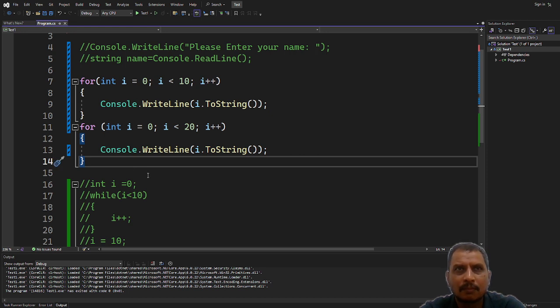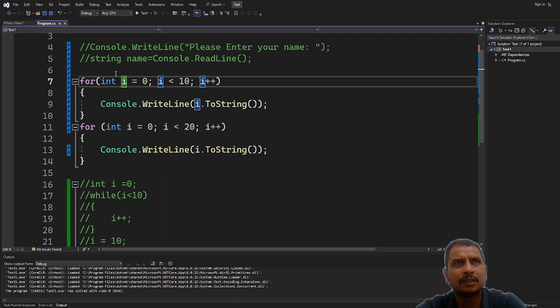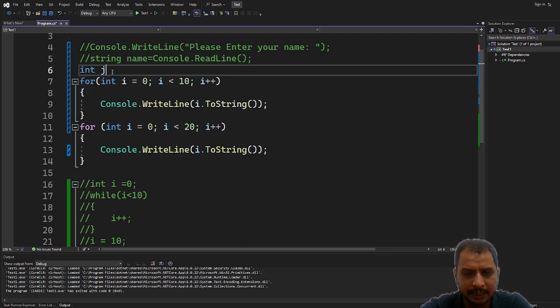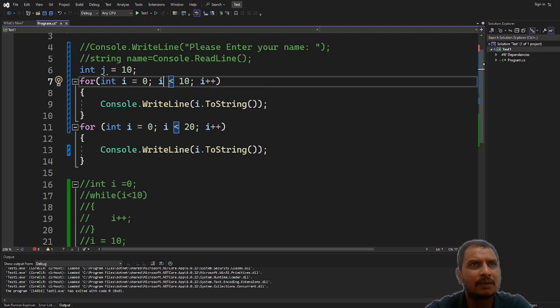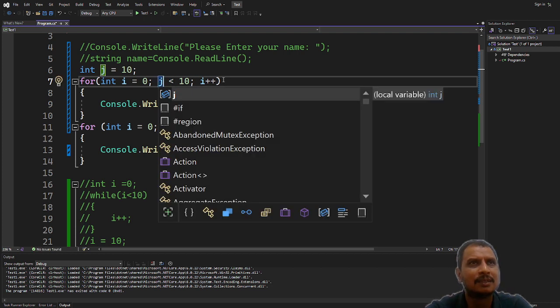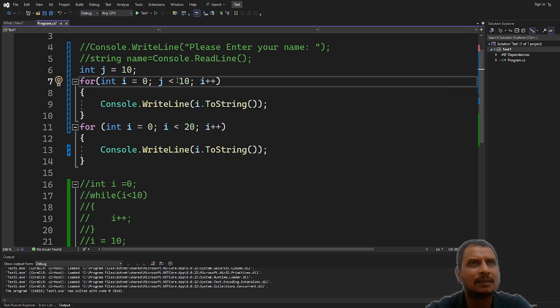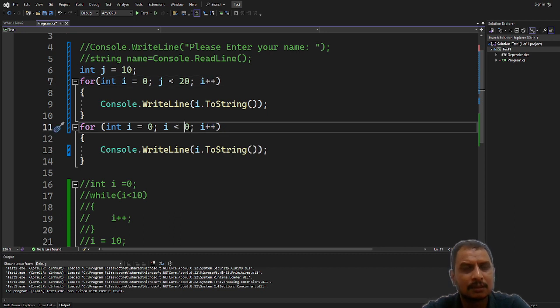If we write it the same way, like mention the i on the top and then use that same i, we can still do that. Will memory leaks happen? Yes, a memory leak will happen. I'll show you. int j equal to 10. Here, whatever you are doing, you do it here, we'll say j less than 20. Here again j less than 40 and